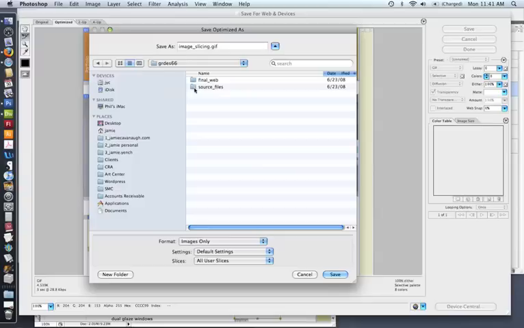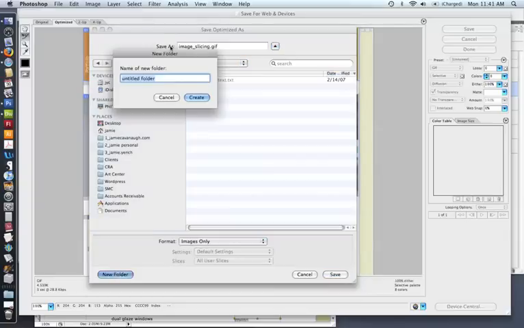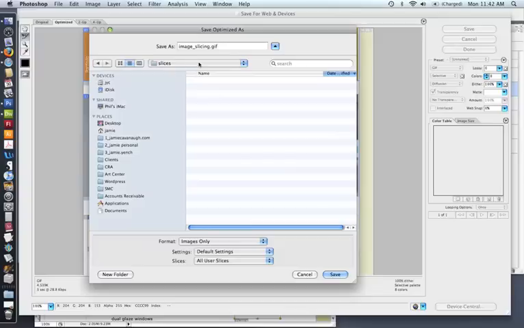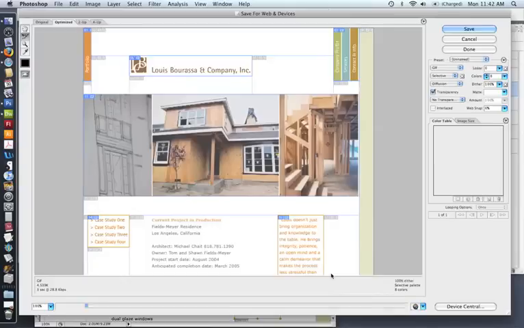Okay, so I'm going to double click on source files, and I'm going to create a new folder, and I'm just going to call it slices. Okay, and within that slices folder is where I'm going to save out all of these images I just created. So I can go ahead and hit save,